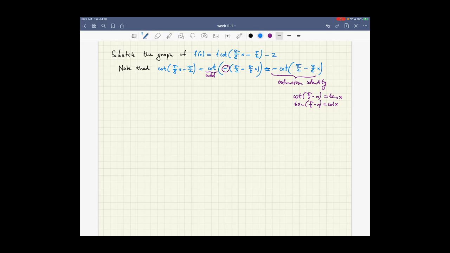So we get here negative tangent of pi over 8 x, and that quite significantly simplifies our life,